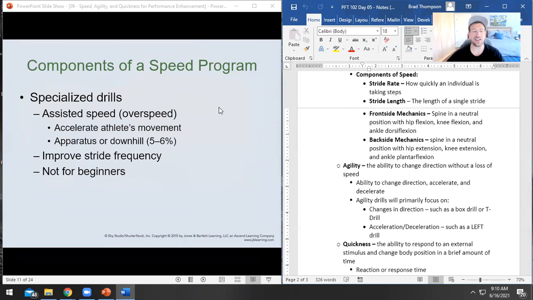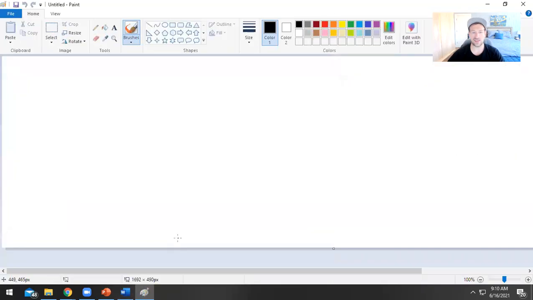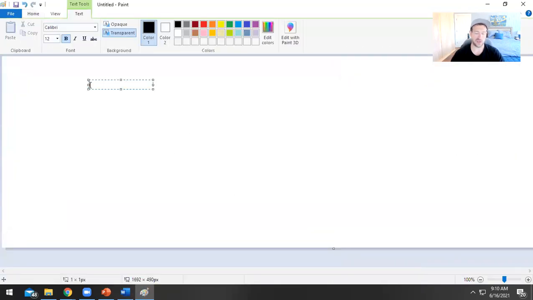So there's a lot of specialized drills when it comes to developing speed. I'm going to talk about this now, even though it's not in the slides just yet. The two things that make up your speed, guys, there's two components to speed that we're going to see here in just a minute. They are going to be your stride rate and your stride length. So when we look at this, remember how I said that power was an equation? Power equals force times velocity. That's the equation for power, okay?